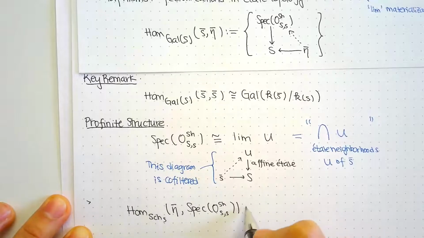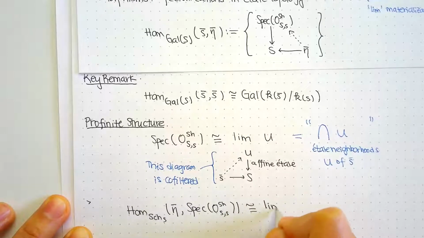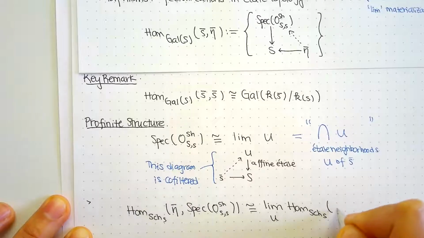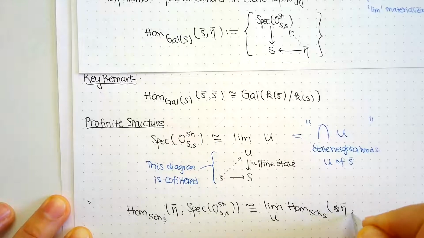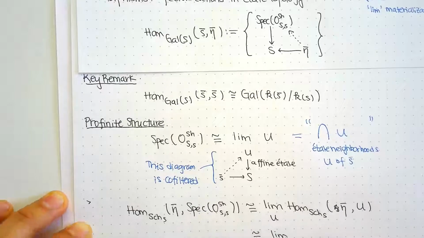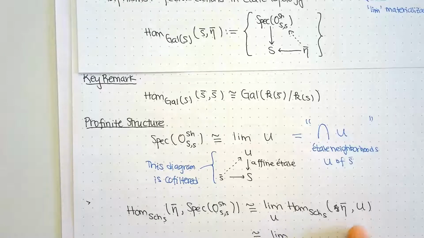Okay, and you regard this guy as that, so you pull the limit out. And let me just write the limit over U of morphisms of S-schemes from eta bar to U. And of course, if this is supposed to be a lift, you can write this as morphisms from eta bar, and it has to